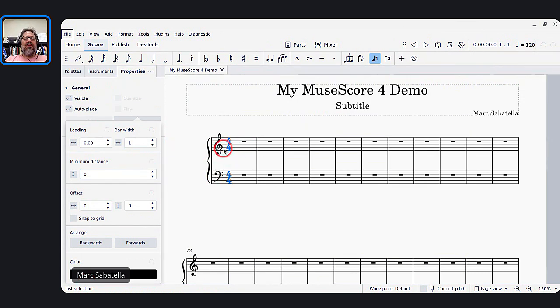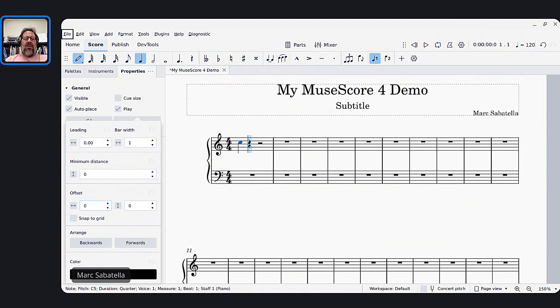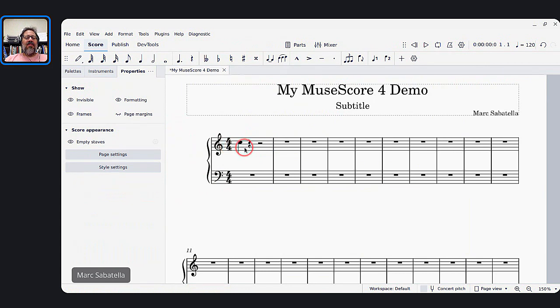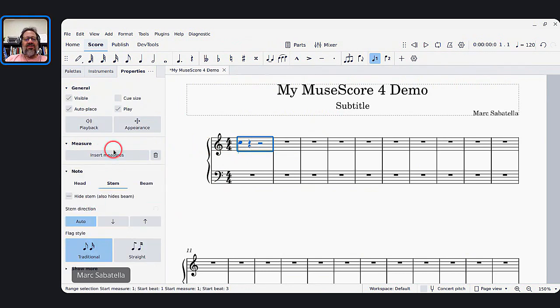But I can also select multiple things. If I select multiple measures, remember, it used to be that if you selected multiple measures, all the settings disappeared. You couldn't do anything with multiple things selected. But now you can. So if I have both notes and rests selected, my appearance settings don't go away. I can still access whatever settings I want that apply to notes, and they will apply to those notes, even though I've also got other things selected. That's kind of the big